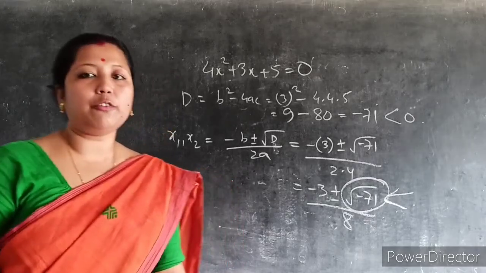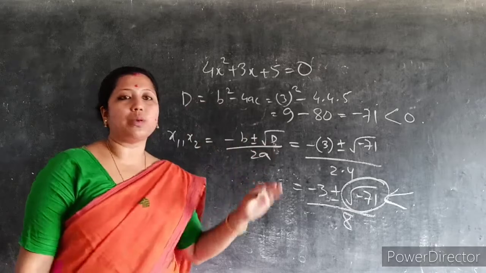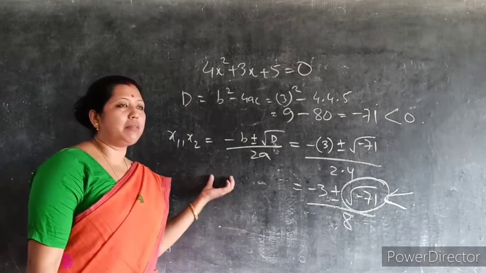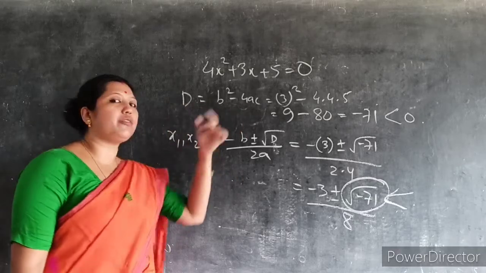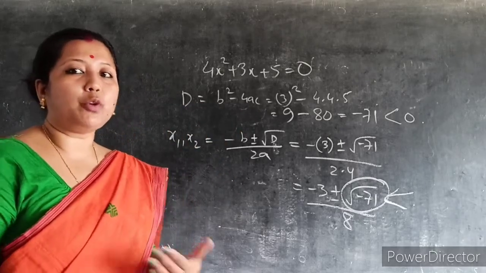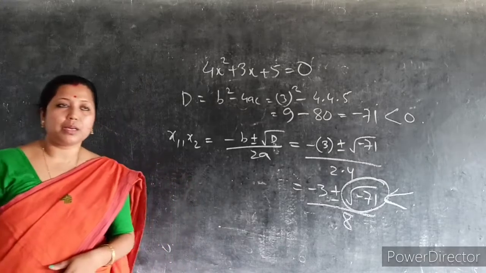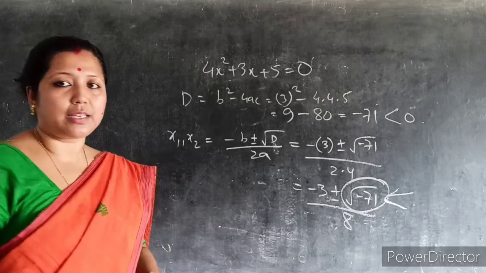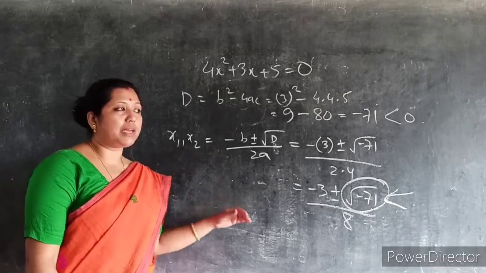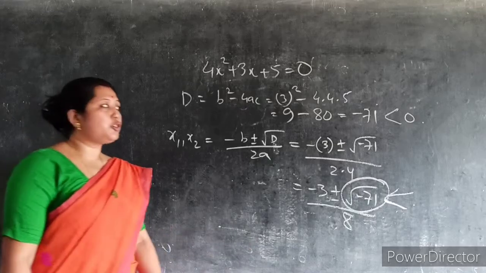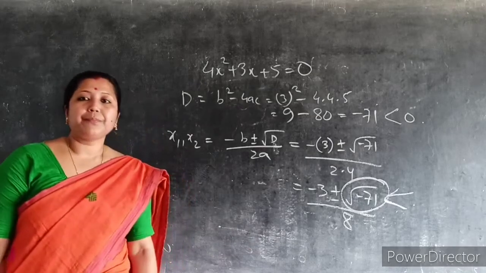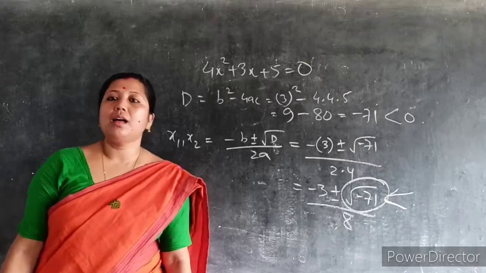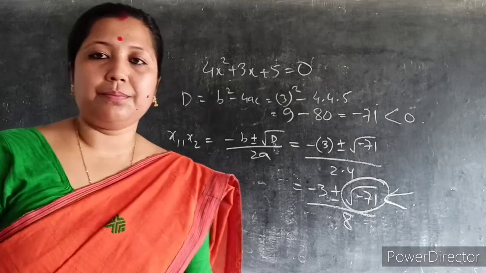If you get any question, first of all find the discriminant. If your question is to find the roots of a quadratic equation, you can attempt the second method. Why? If you know the nature of the roots, then the time of doing the question will be less. Otherwise, if you do this question by middle term splitting, you will not get any middle term, right? Factorization will not be possible. So whenever you get this type of question, try to find the nature of its roots. If you find the nature of the roots, then automatically you will know the value of its roots. Okay students?